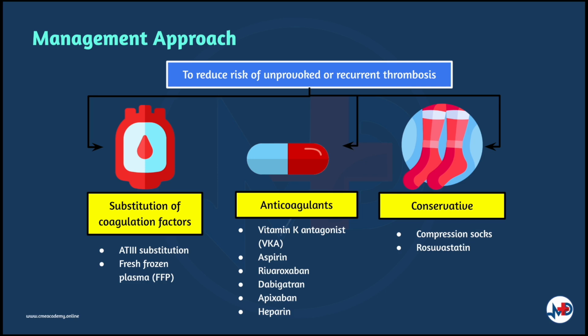Different anticoagulants and antiplatelets are available to prevent recurrent venous thromboembolism. They include vitamin K antagonists such as warfarin, aspirin, rivaroxaban, dabigatran, and apixaban. Additionally, considerations are prudent regarding special populations. The CLOT trial assessed low molecular weight heparin against warfarin in cancer patients. Heparin did not show teratogenicity and is FDA approved during pregnancy and the postpartum period. Prevention of thrombotic events includes compression stockings and mobility. Rosuvastatin prevents the occurrence of venous thromboembolisms as well.